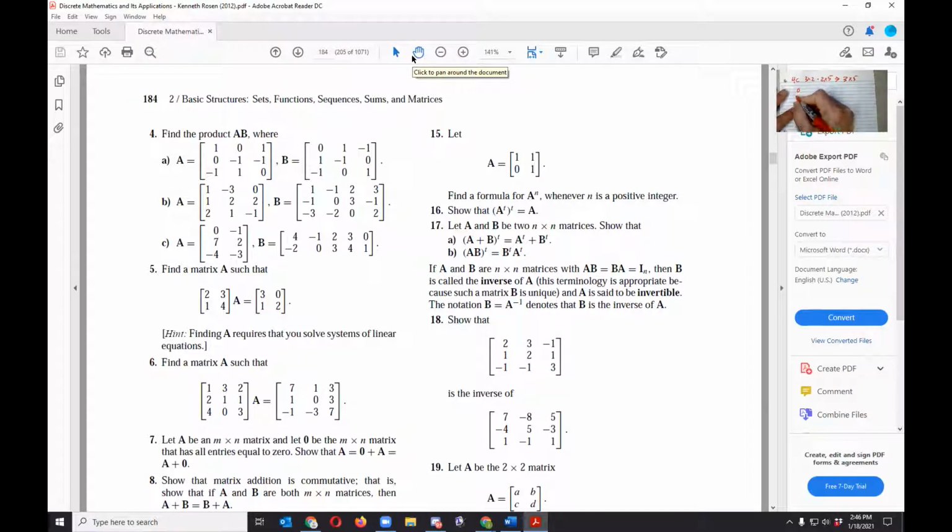0, 7, negative 4. And then negative 1, 2, negative 3. Okay, so there's our first one. And now for this one, 4, -2, -1, 0, 2, 3, 3, 4, 0, 1. Now, if I get this done without making any mistakes,